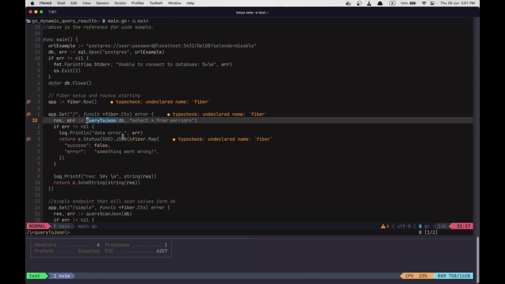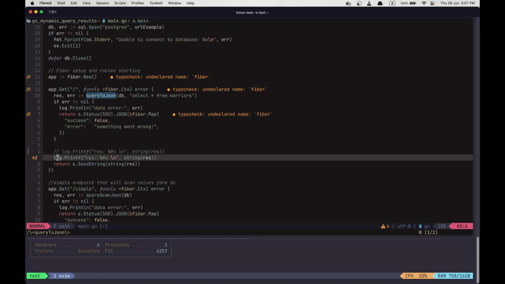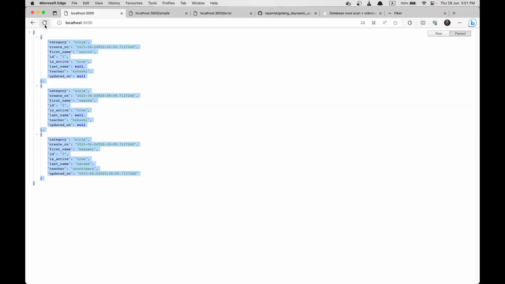If we have error, we are sending error to our API, yeah, to our client basically. And if we don't have an error, this result will hold that JSON encoded string. So if I copy this, paste it, just for you to see it, let's call it in a browser. You see nothing change in browser, but